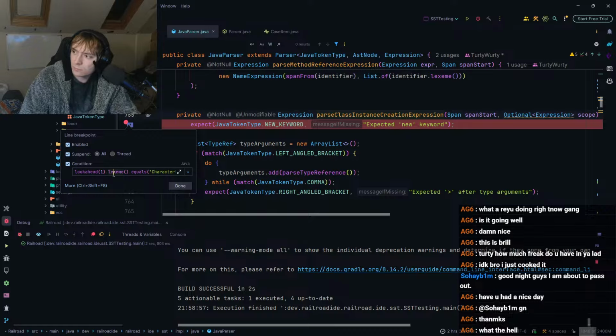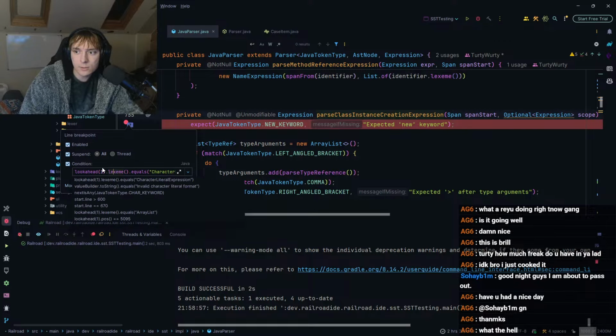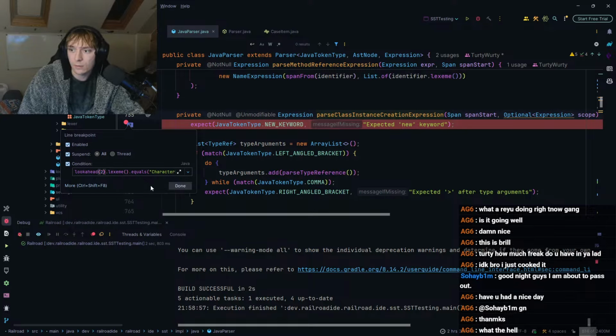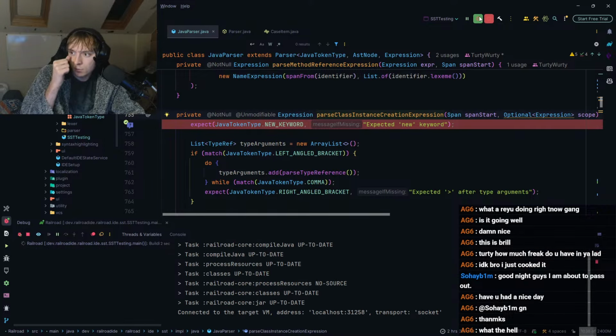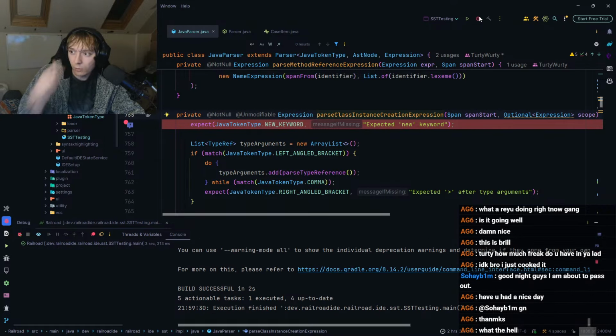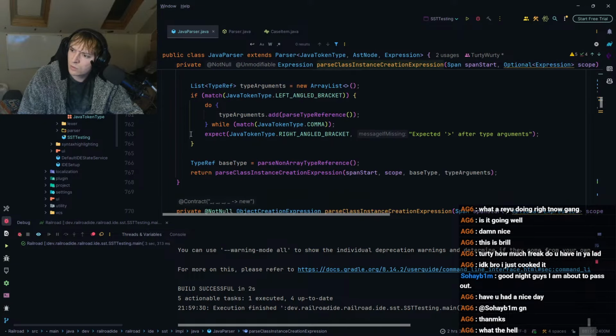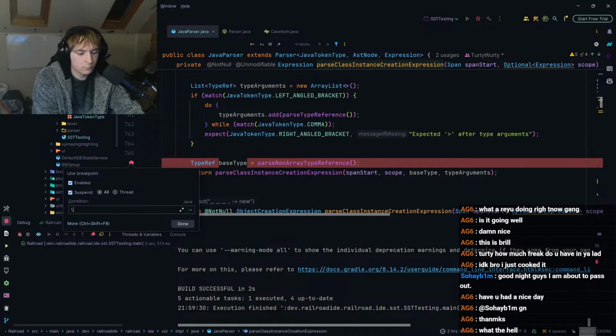What? Oh, because I've done it here. It's actually look ahead 2, technically. I think that's why. Is that why? No? I think it is. Look ahead 1 dot lexeme dot equals character literal expression.